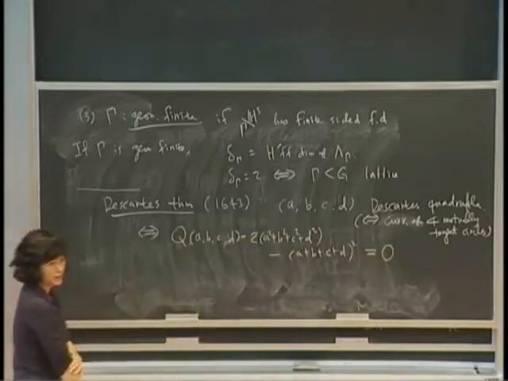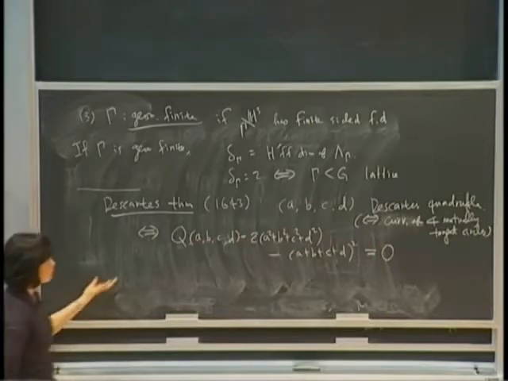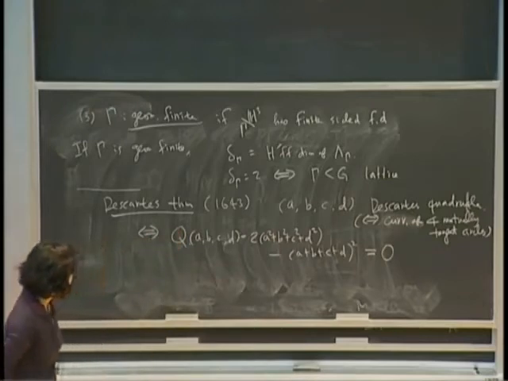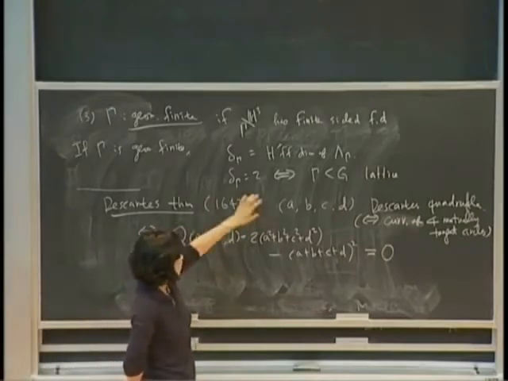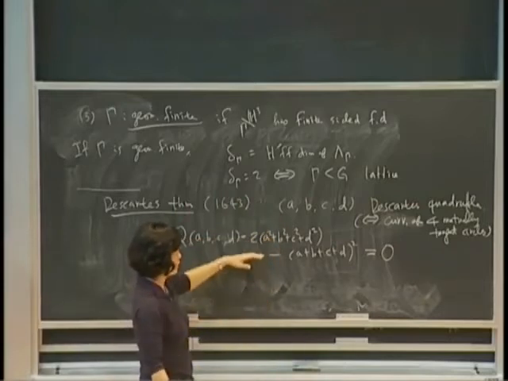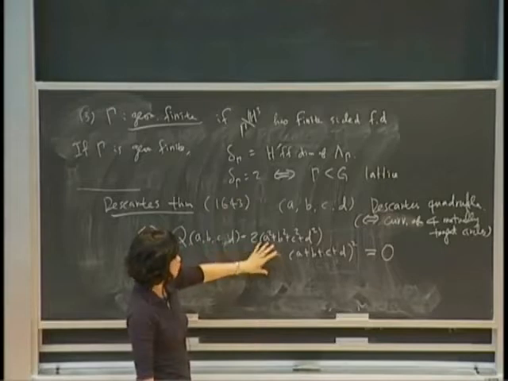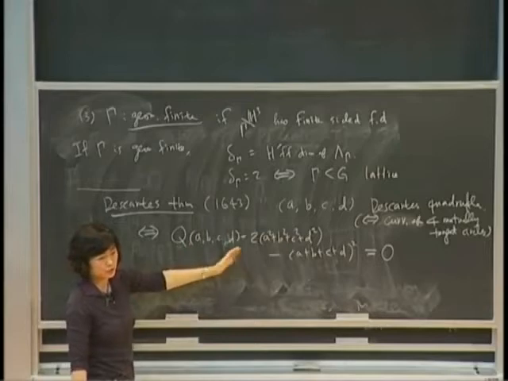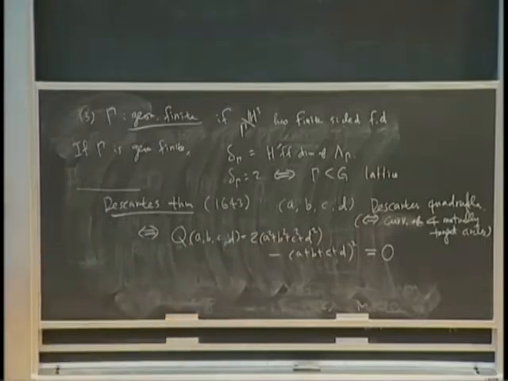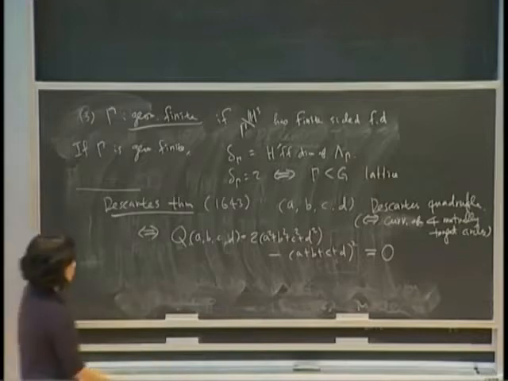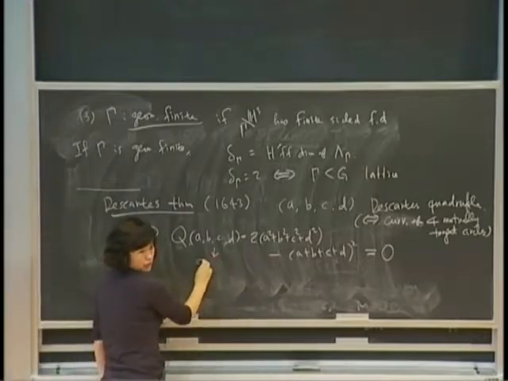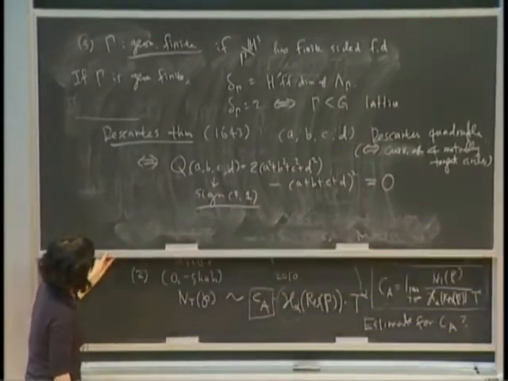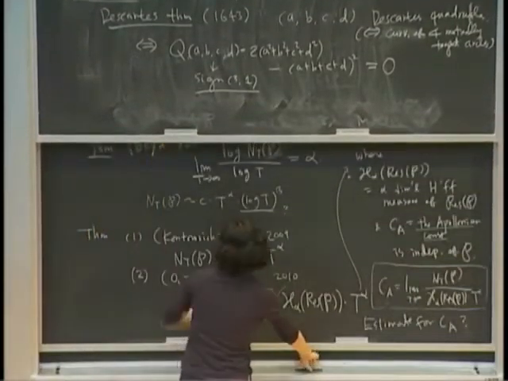This is an amazing theorem. The proof is not very hard, but the observation was crucial. Given a quadruple of 4 real numbers, to know whether you can draw 4 mutually tangent circles, you only have to check this condition. It shows that you have plenty of configurations of 4 mutually tangent circles, because for any solution of this quadratic equation, you can draw such a configuration. This quadratic form has signature 3,1. So by this Descartes theorem,